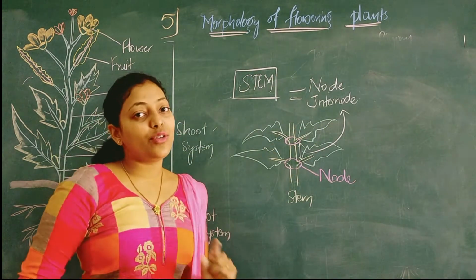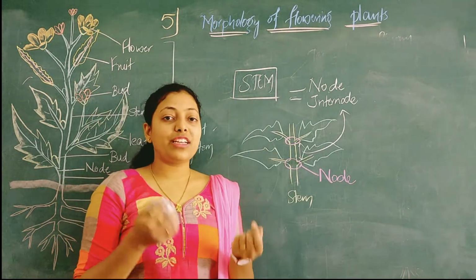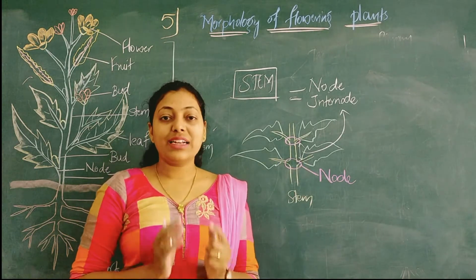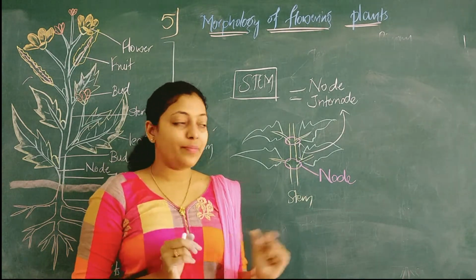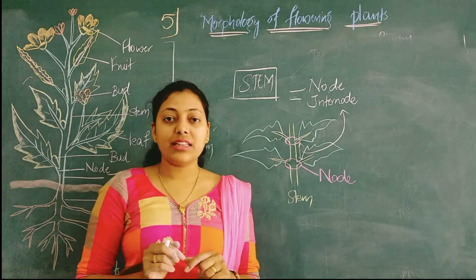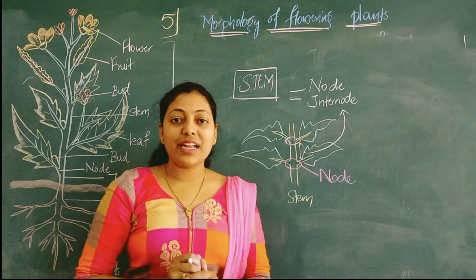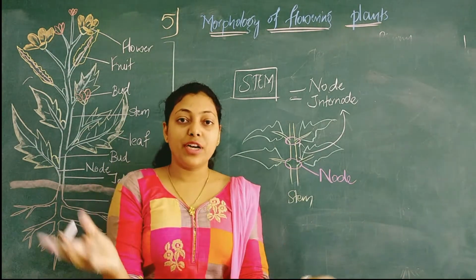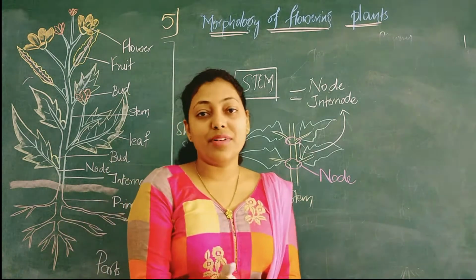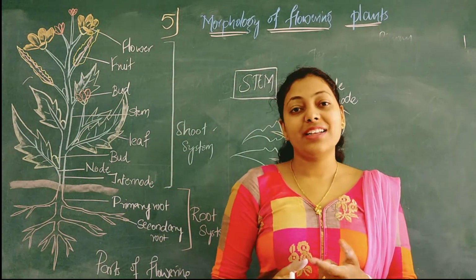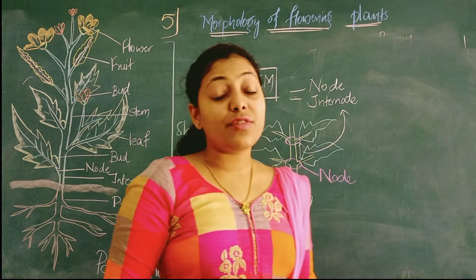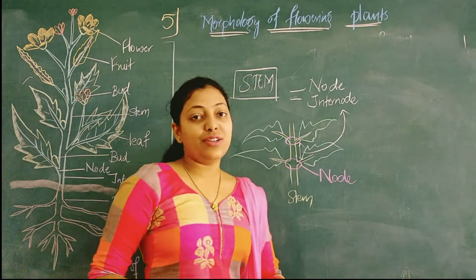The function of the internode is that it gives protection for the nodes so that they can be upright in position. The function of nodes is that they give rise to different branches, by which a beautiful big picture of a tree or a plant is formed. This is the function of nodes and internodes.